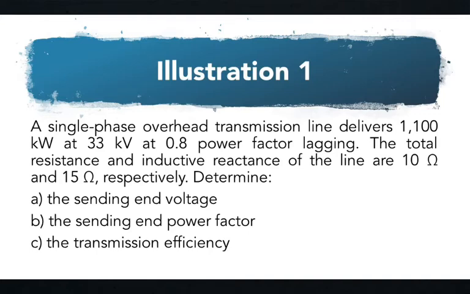Since it is not even specified if it's a short or medium transmission line, we are safe to assume that this is a short transmission line, diba? There is no line length given, wala. But in this case, this is not a medium transmission line because, number one, there is no given capacitance or even admittance, diba? Remember, the short transmission line doesn't consider the C's,